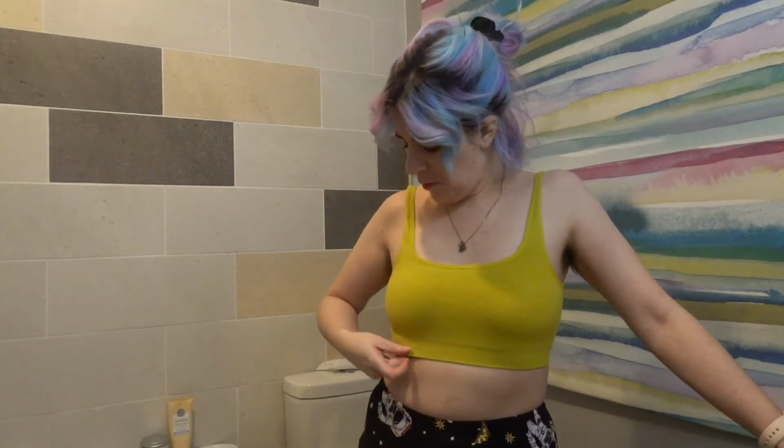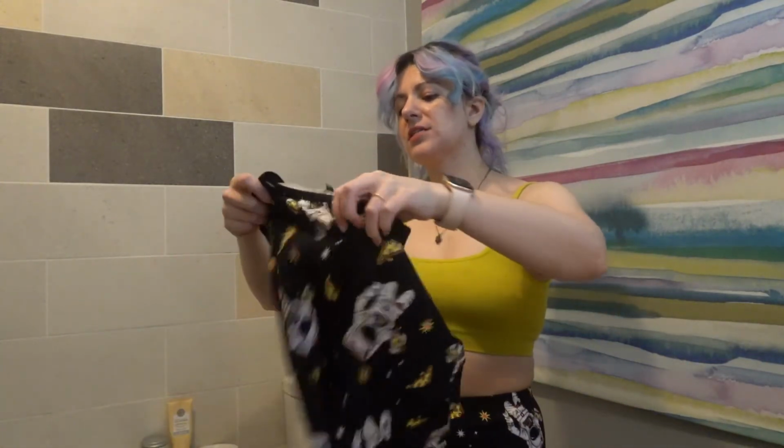So finally I found at Urban Outfitters, these bralettes have the most comfortable band around the rib cage and stretch perfectly even in the smaller size that I need for my breasts. So I'm so excited, and I've now gotten several of these to rotate through, and I think it's all I'm gonna wear from now on because I don't like any other bras on me. So now I'm going to finish by putting on the rest of my super fun new pajamas,